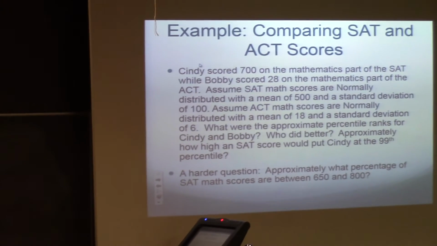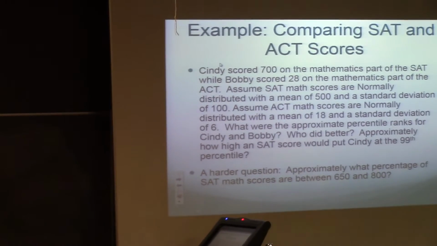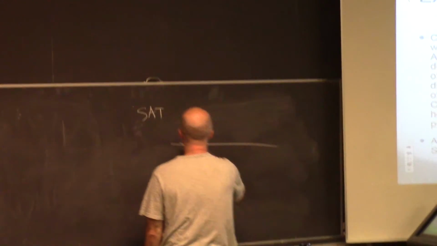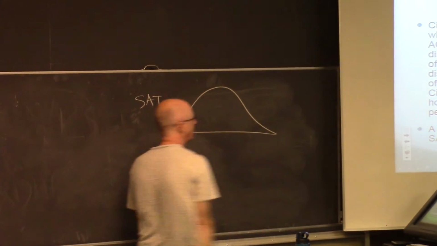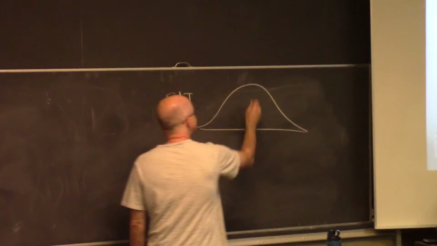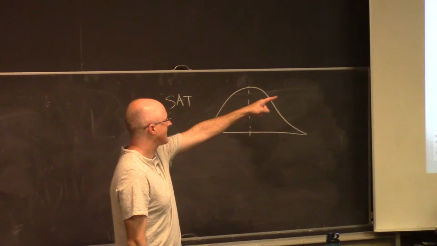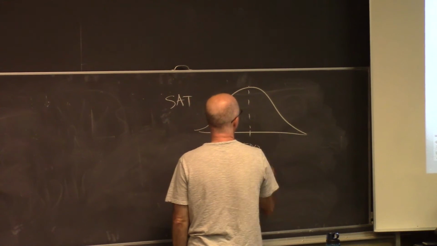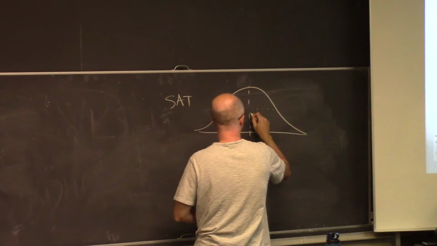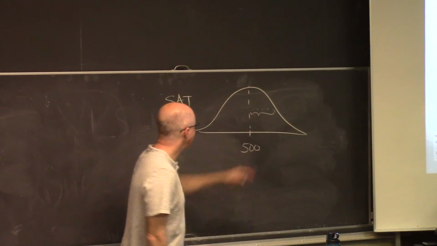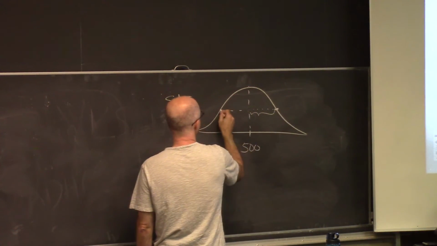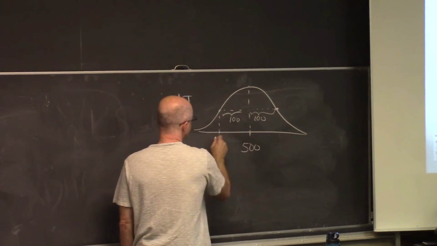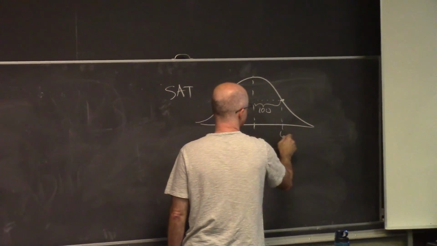Anyway, so what's going on here? The histogram for SAT data is well modeled by a normal curve, a bell-shaped curve, centered at 700, it says. Excuse me, 500. And with a standard deviation of 100, meaning this horizontal distance between the mean and the inflection points on either side is 100. Meaning this score down here is 400 and this score down here is 600.